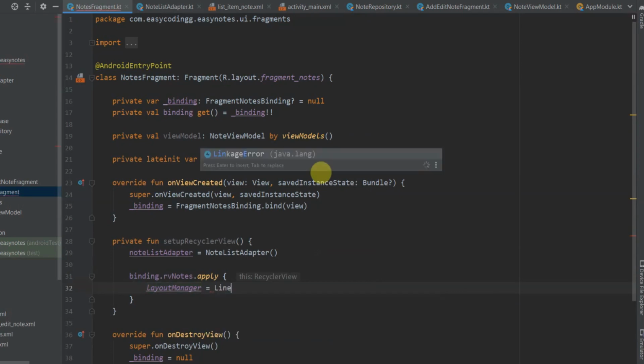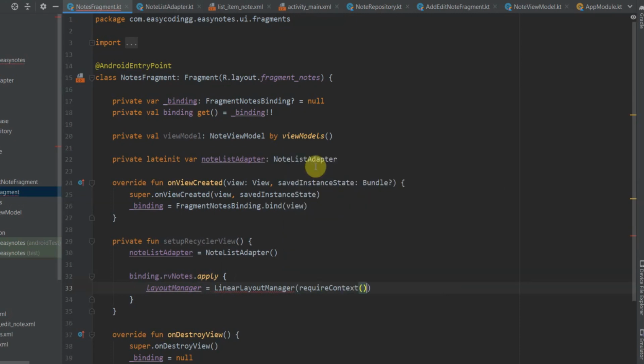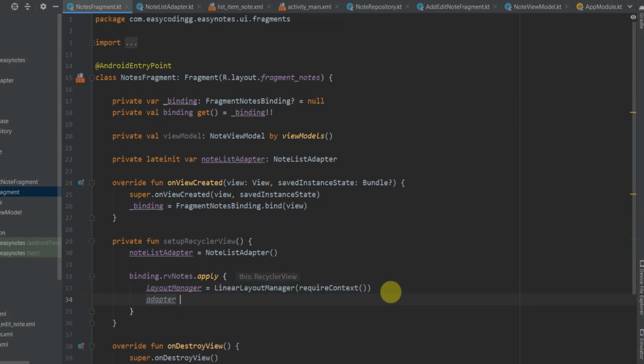It will be equal to LinearLayoutManager, and the context will be requireContext. We use requireContext in our fragments as it takes care that our context is not null. And then the adapter, it will be equal to our noteListAdapter.